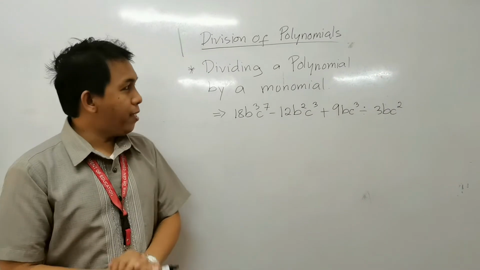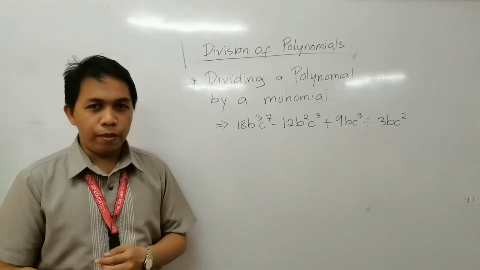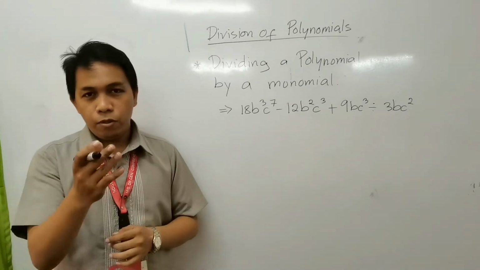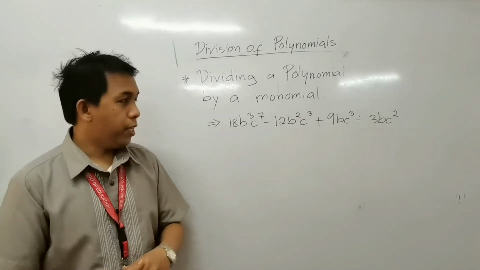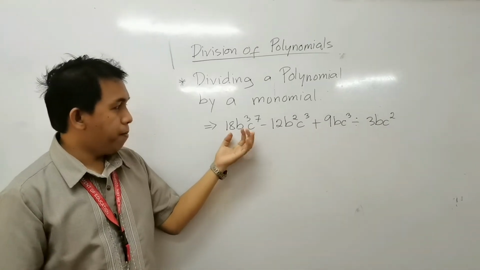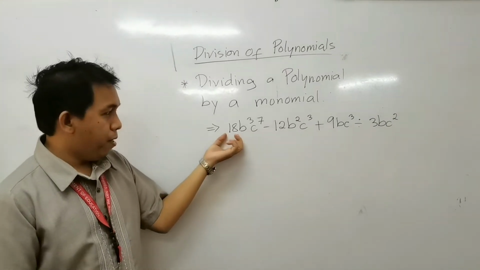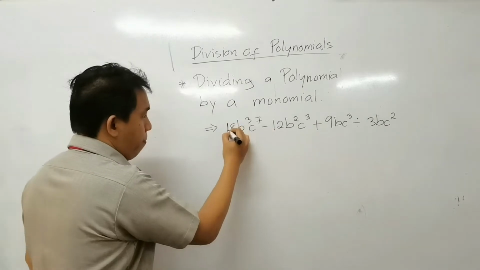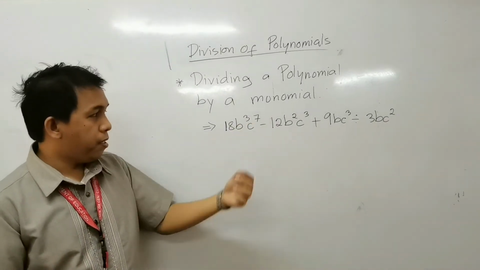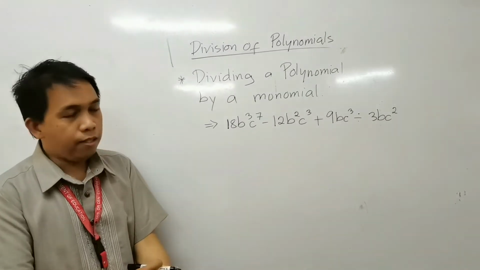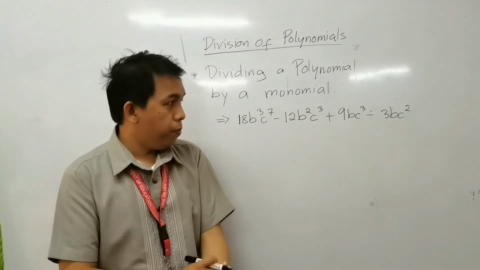Okay, so let's first have dividing a polynomial by a monomial. If you are with your module, you can have this problem there also. This would be our example problem today: 18b cubed c to the power of 7 minus 12b squared c cubed plus 9bc cubed divided by